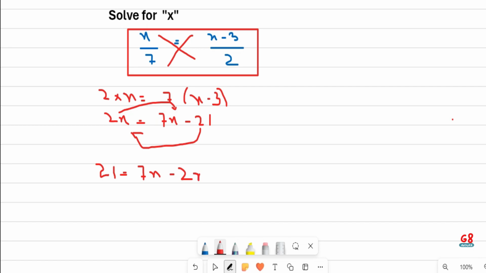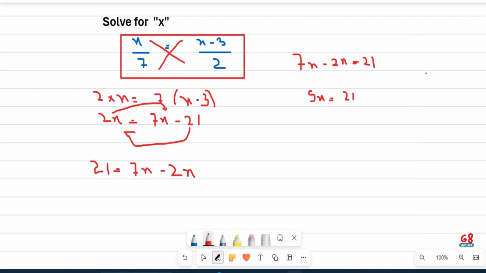We can write it here as 7x minus 2x equal to 21. 7x minus 2x will be what? 5x equals 21. So after this, what we have to do is, here 5 is multiplying x. When it goes there, it will divide 21. So